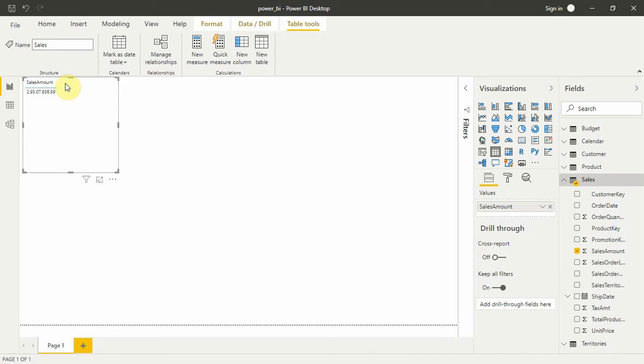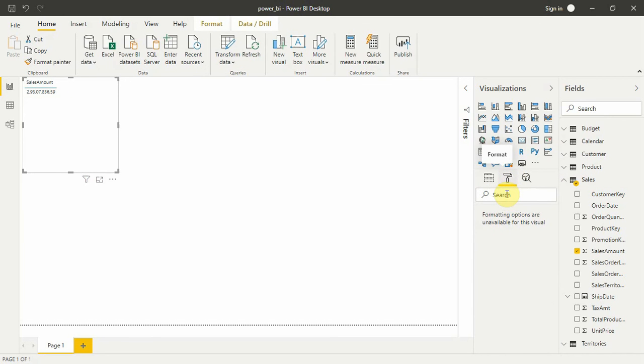As you can see, there's a sales amount here and it's some value, but it's pretty small, right? So we'll increase the text size. We'll go here and search for size, and increase it because the visibility is low. I'll gradually increase the text size here.